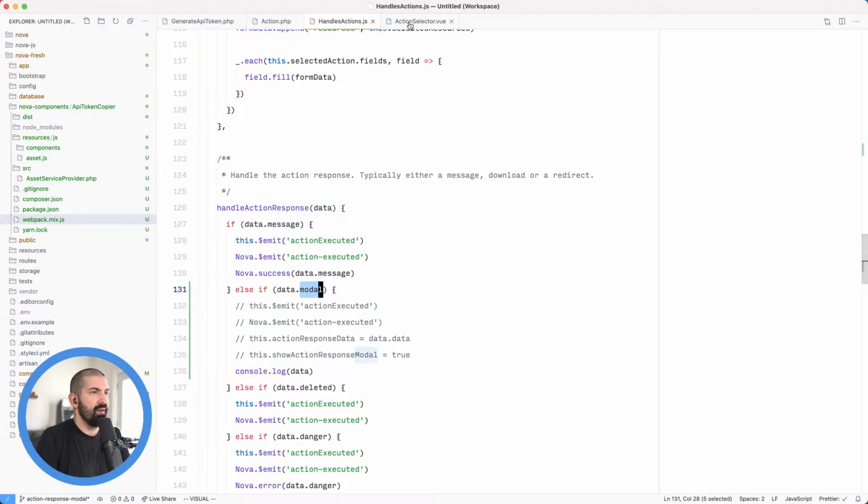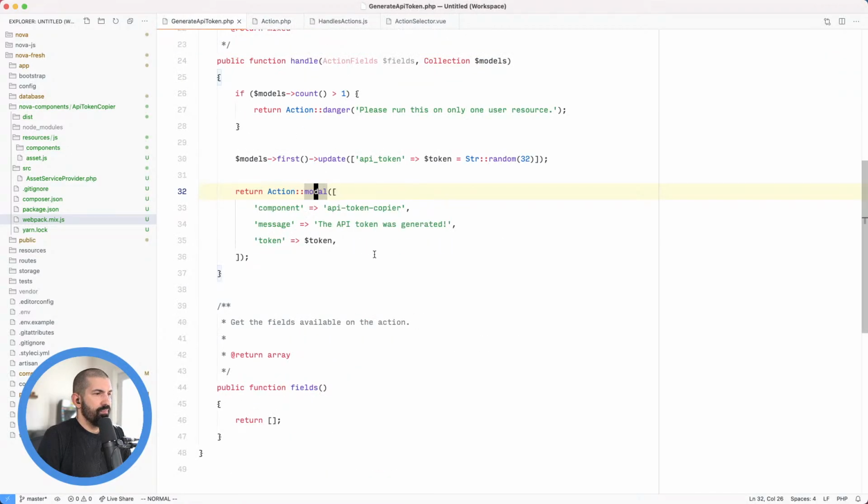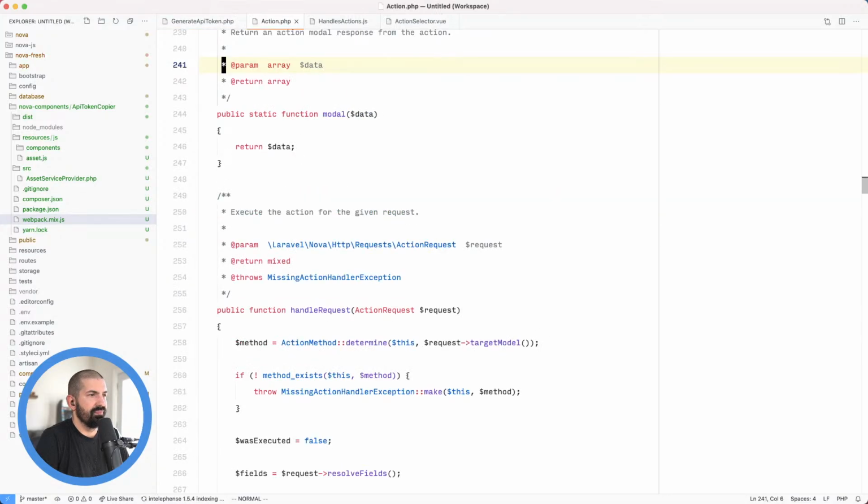So, oh, we wrote component. That needs to be modal. That would be confusing, so I don't think we should do that. I think we'll just merge this into a final array here. Inside the